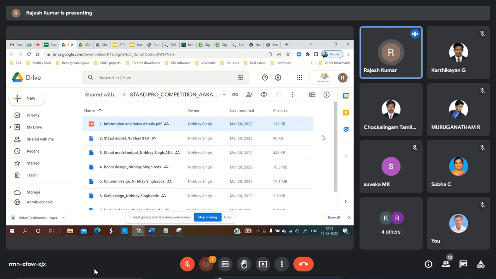But since you have signed an MOU, we can conduct it on 5 dates; otherwise there is only one assessment per year for a batch. Of the 5 dates, 2 are for STAAD.Pro, 2 for BIM, and 1 for ContextCapture reality modeling. When, what, and how many, we have to plan. If a particular student is not able to clear that assessment, then when it happens again in future, he or she has to apply again.